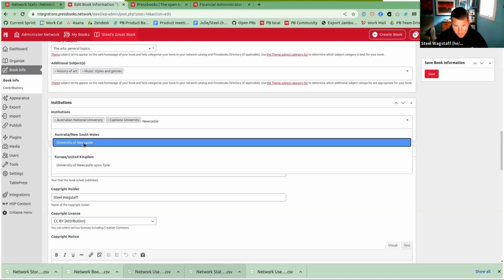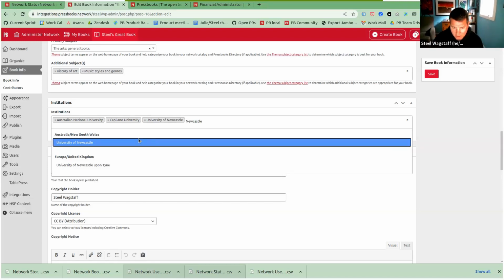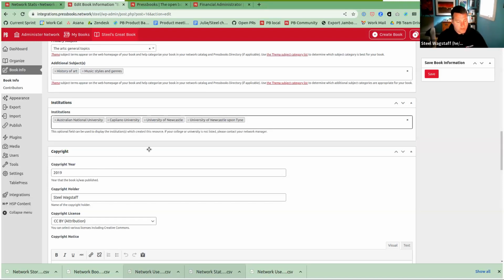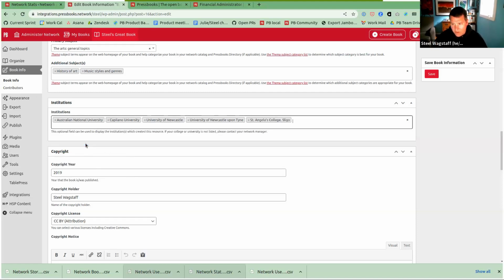I've got the University of Newcastle in Australia. And let's also do the University of Newcastle in England. And then let's pick Ireland. Who do we know in Ireland? Let's go to Sligo. St. Angela's College, Sligo. So there we've got a school from England, a school from Ireland, a school from Australia, and